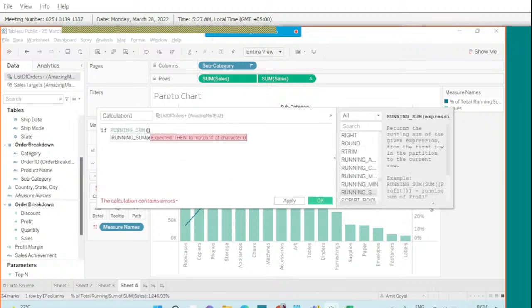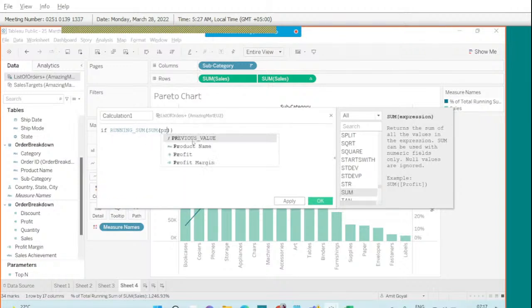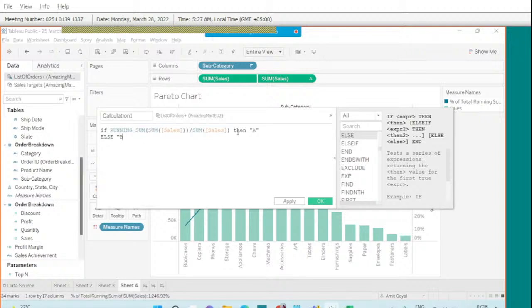So you will see running sum of sum of sales, divided by the sum of sales. Then I want the output as A, else B, and